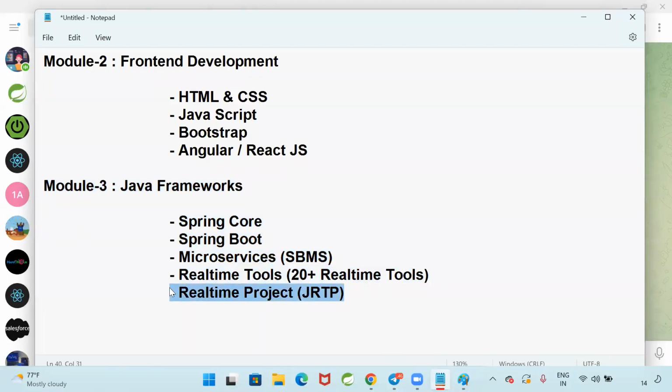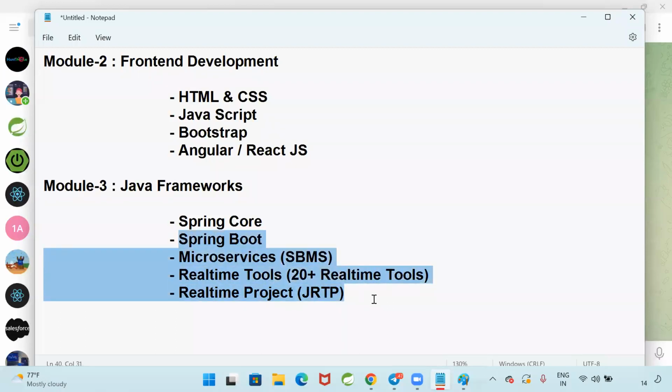Got my point? Ashok IT Institute started in the year 2020 with Spring Boot microservices and real-time project only. Two years back, we started this institute. Earlier, I used to work as a trainer in another institute, I don't want to name it. After that, in 2020, we started Ashok IT. The first course that we launched in Ashok IT, Spring Boot microservices, became a super hit in the market.